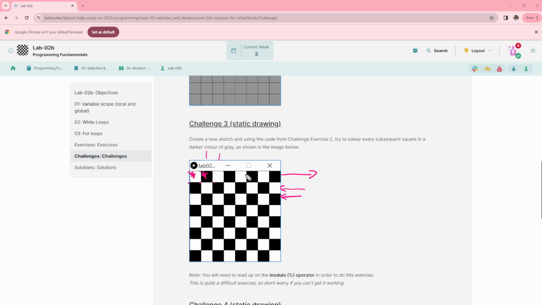Because I only want every second one to be black and every other one to be white, I'm going to have to figure out how to do that. And we're going to use the modulus operator for that. So we're going to decide what's an even and what's an odd. Just to remind you about division and subtraction, if I was to say B is equal to 4 divided by,